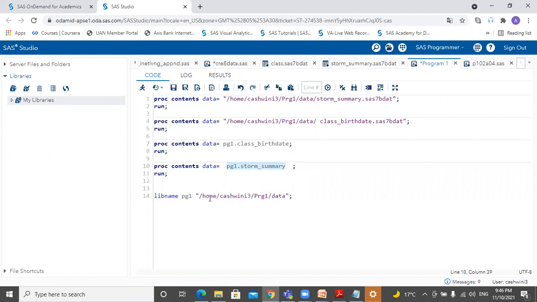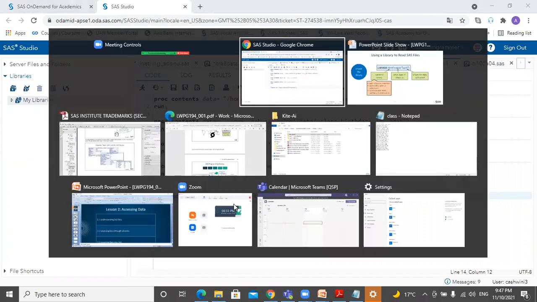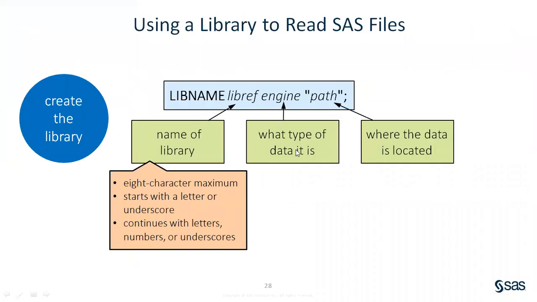And because it is the same engine type of data, we do not give the specification of file type, telling it's .sas7bdat, because it's the common engine, because we are working with SAS data and it is the SAS environment, we do not provide its engine name here as per this syntax. Engine name means what type of data it is.